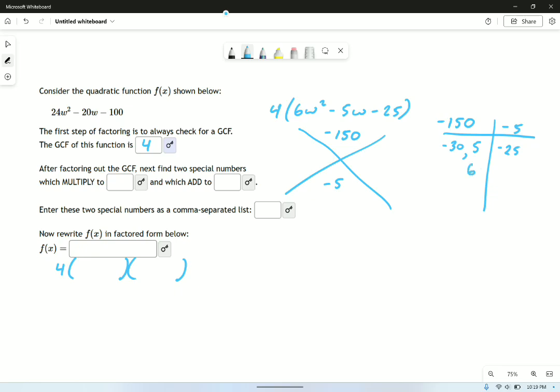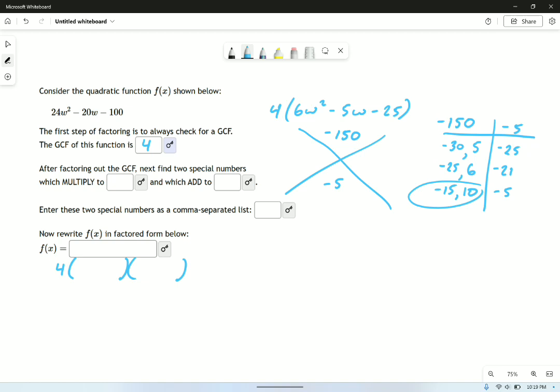Let's try another one. Let's try 6. I've got a calculator, so I know that 6 goes into 150 25 times. But when I add those up, it's still pretty far off. It's like 21. So I try 7, I try 8, I try 9. 150 is not divisible by these. Eventually I get to 10, and I like to go in order so I don't miss anything. 150 divided by 10 is negative 15. And hey, there we go. We got it. So this is our set of special numbers.